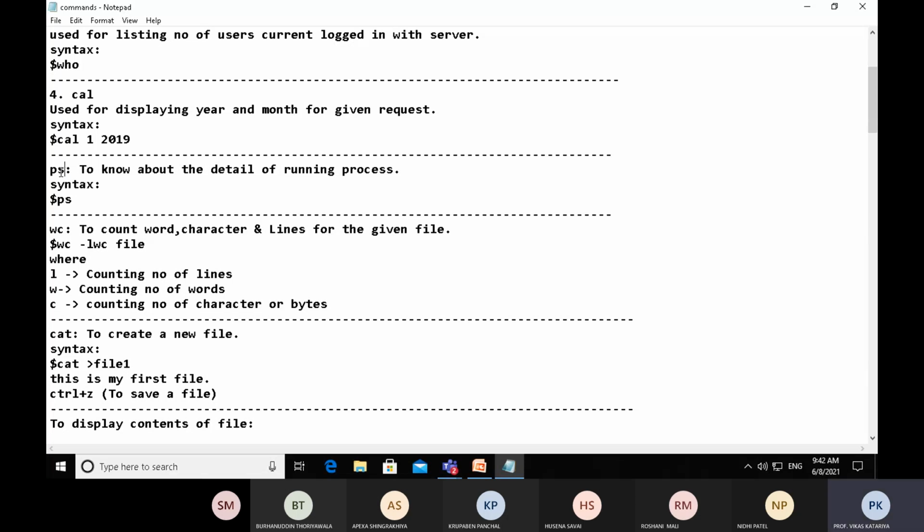For getting the list of process details, we type the ps command in our terminal. The syntax is $ps. ps stands for process status. So let's apply it on our terminal.